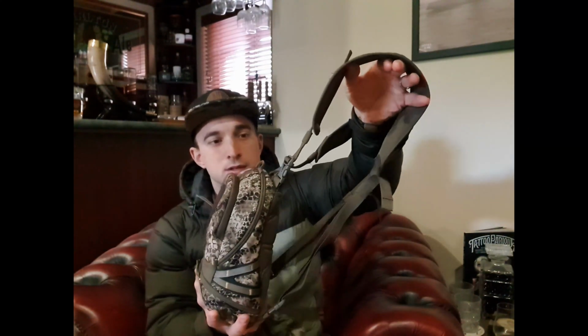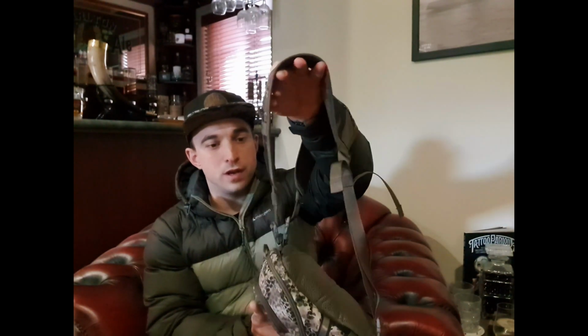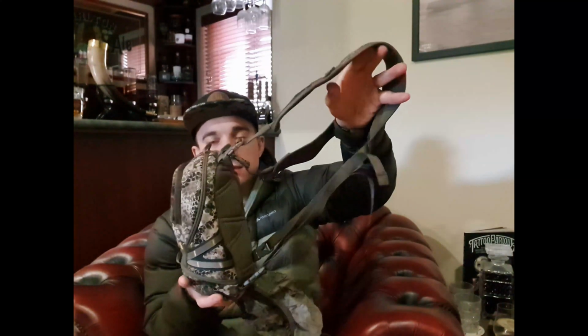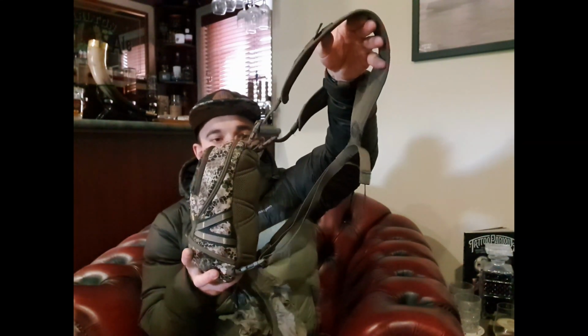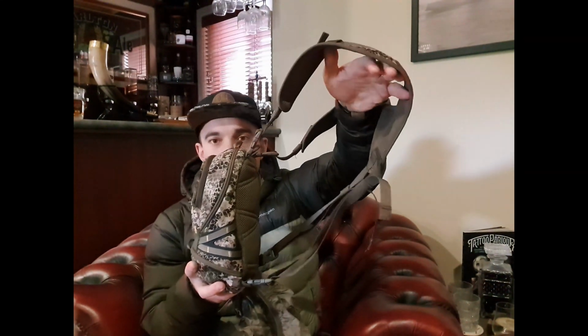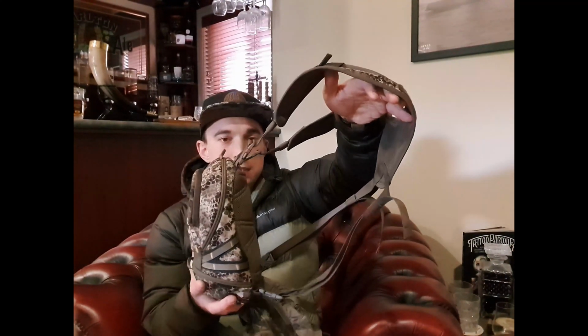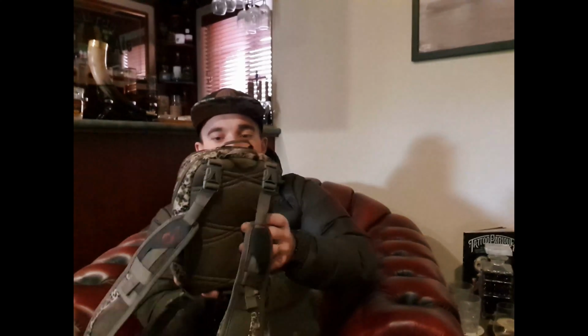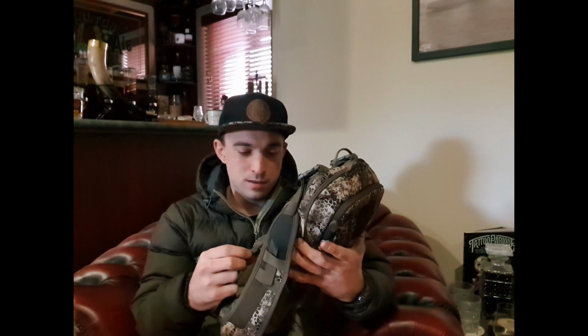And the other thing I did notice, the harness is very comfortable. The other thing I did notice, no matter how short I have the upper straps, it still does tend to roll over and hang quite low. I prefer a harness that hangs up just that little bit higher, out of the way of the waist belt in my pack, and still lets me shoulder a rifle very easily. But aside from those two little issues,